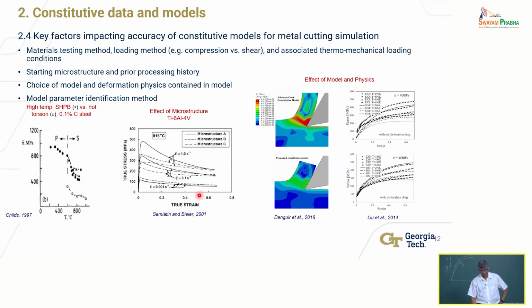So what we are trying to say here is that it is very important, and historically in literature, nobody tells you what the starting microstructure is, right? They may give you the designation, AISI 1045, whatever, and give you some hardness value. Okay, that's better, but it's still not enough, really. And that's the point I'm making here, that if you really want to do this properly, you have to document what the starting microstructure is. The same material, different heat treatments will behave differently, right? You would expect that. And so machining response will also be different.